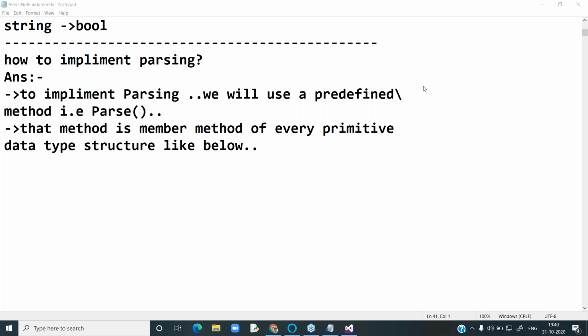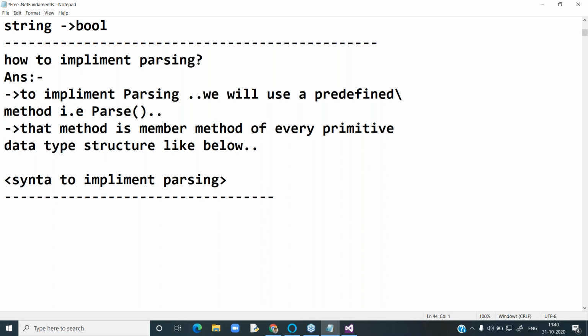Next, come back to our discussion: the syntax to implement parsing. To data type, variable name, equals to data type dot parse of string value.